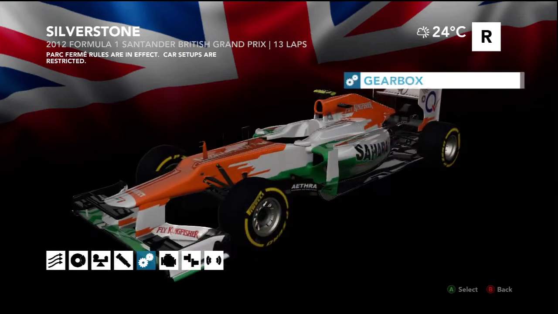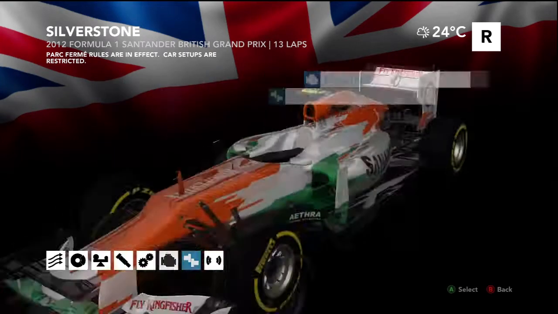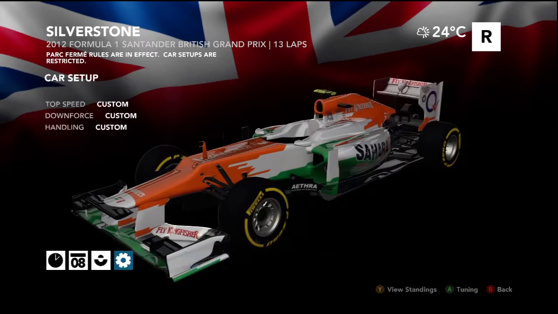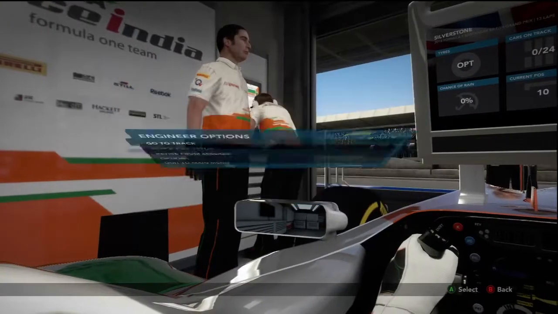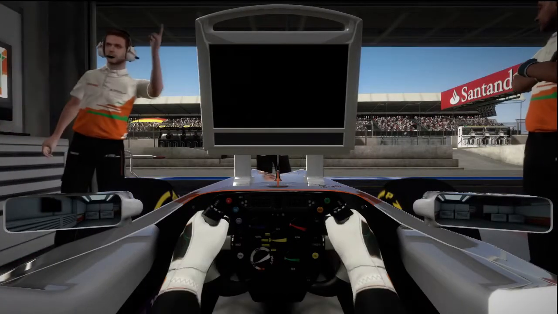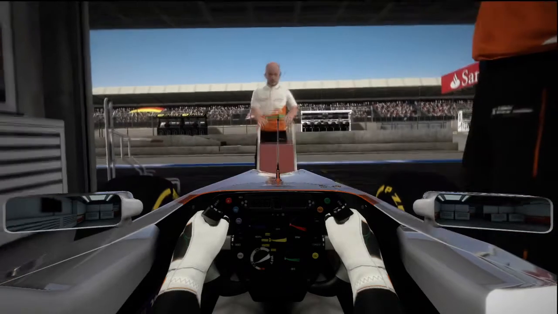So as always, we're going to be running the cautious fuel package, so we're going to be using a lot of the fast rich mode fuel setting for this one. And the reason why you'll see me putting my pit stop on lap number 4 is we're going to try and outdo some drivers in front of us if they pit on lap number 5. So as you can see, we're going to be leaving the garage now, and before we start the race,